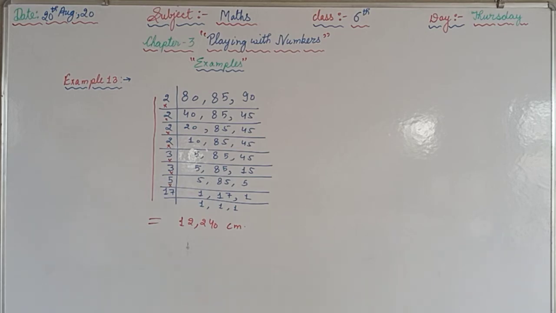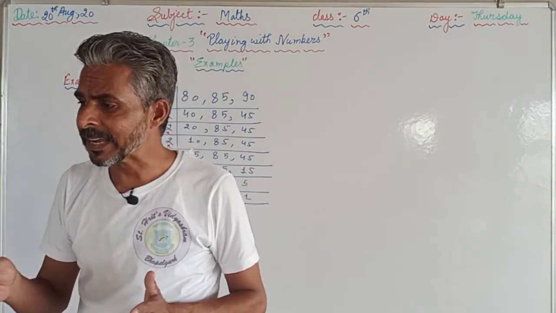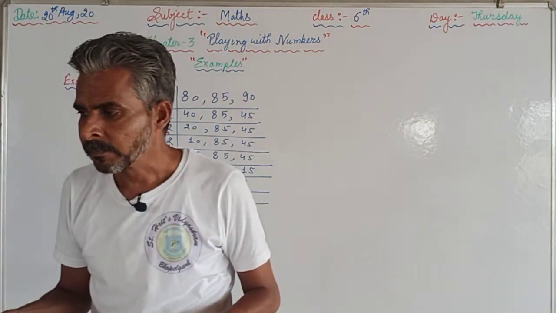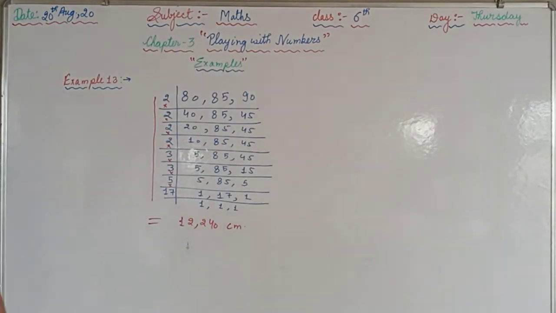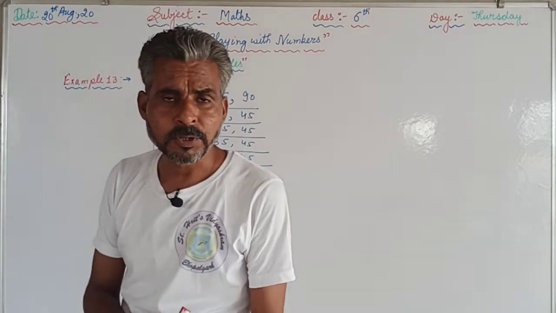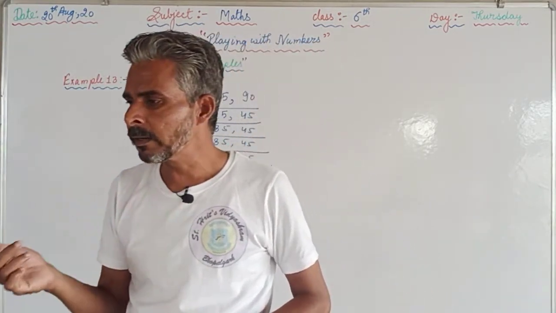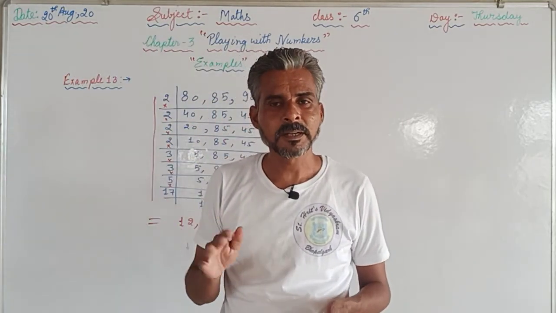In such types of questions, we will divide the question into two parts. First of all, we will find the number which is exactly divisible by 12, 16, 24 and 36 by finding out the LCM. And the LCM in this case, as you can see from the book, is 144. So 144 is the number which is exactly divisible by 12, 16, 24 and 36 completely, with remainder 0.